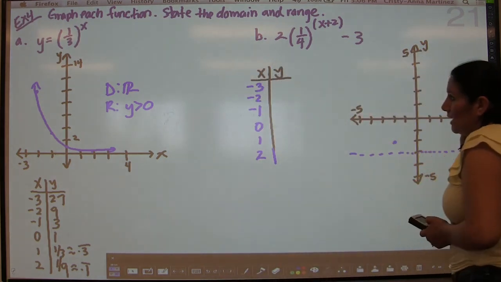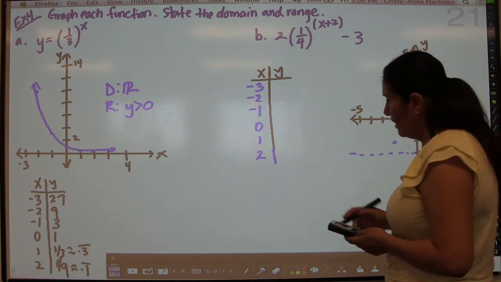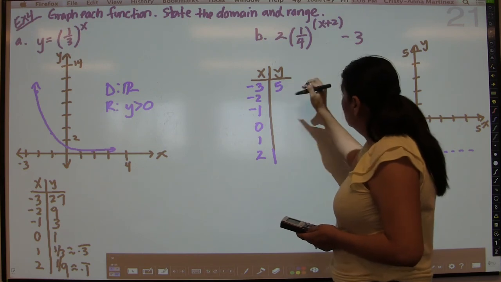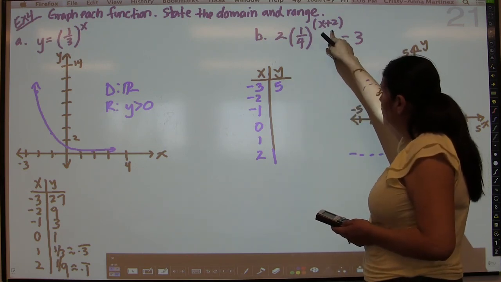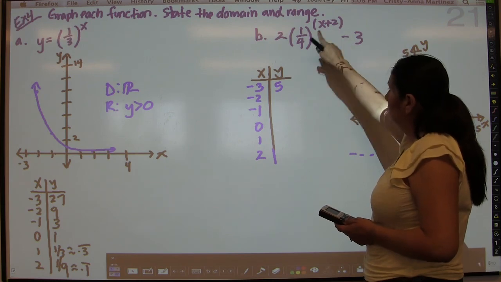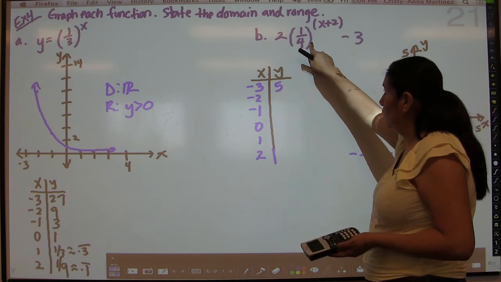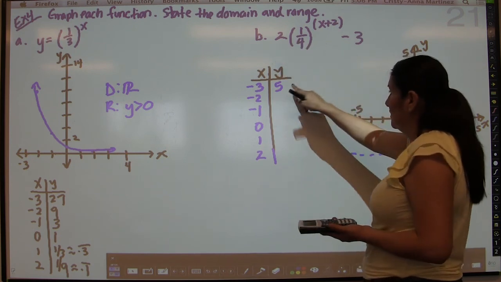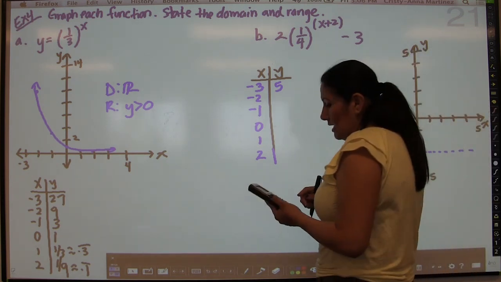So when I plug in -3, just for the interest of time, I get 5. So that means that that's going to be -3 plus 2, which is -1. So that's going to make this 1/4 to the -1 power, which is 4, times 2 is 8, and 8 minus 3 is 5. So again, that's how I'm plugging it in, but in the interest of time, -2 is